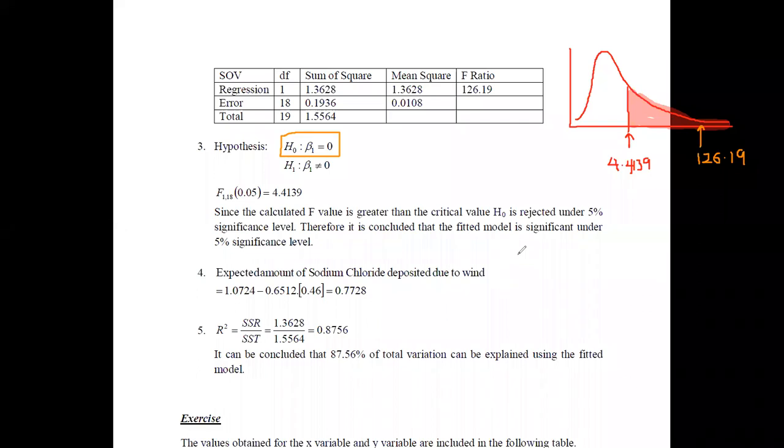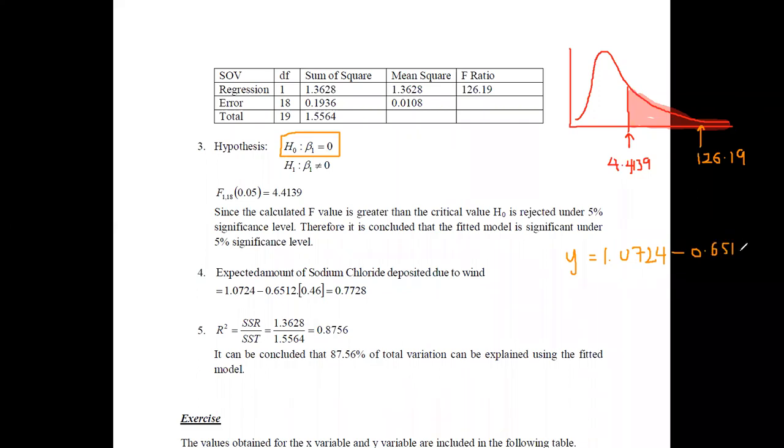Then in the next part of this question, they are asking us to predict a value. To predict the value, we can say that the expected amount of sodium chloride deposited due to wind, and we have obtained the equation as y equals 1.0724, where y equals the amount of sodium chloride, minus 0.6512.